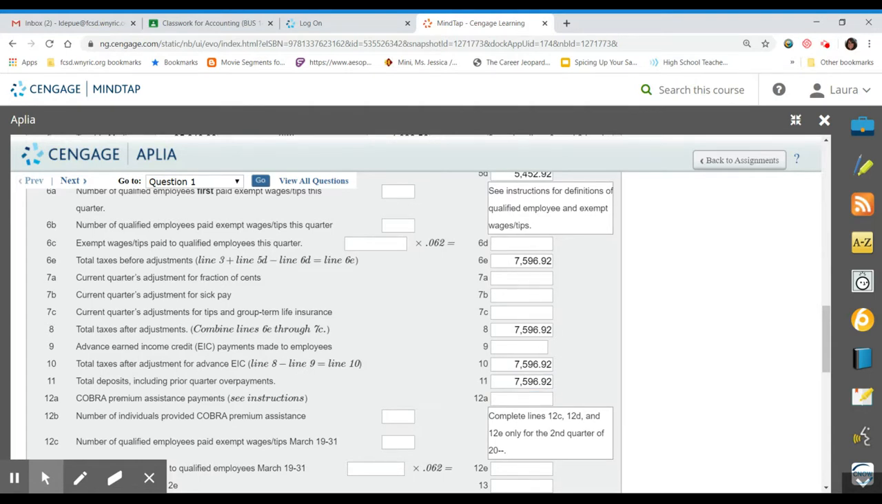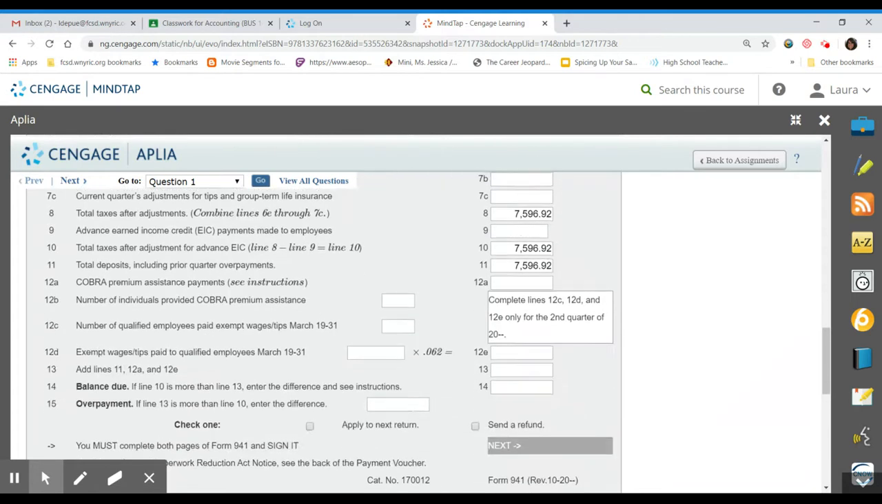Line 12A, we have no COBRA, so that's left zero. We have nothing for this line 12C either, and nothing for line 12D or 12E. So all of this is just left blank. Therefore, line 13, we're adding all of those together and we're just carrying that down. So this same number,